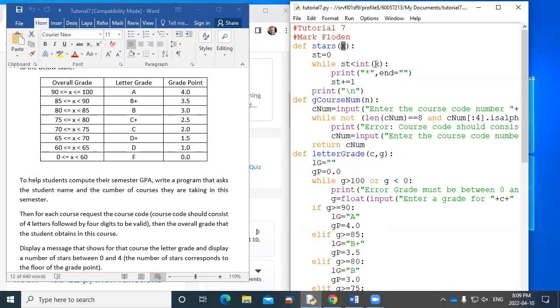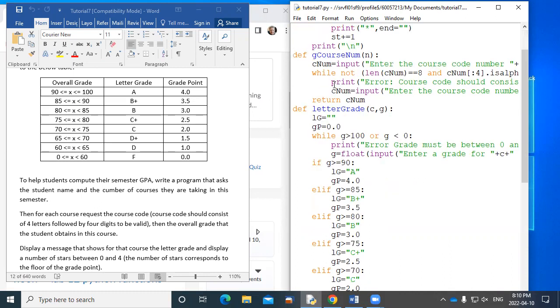We're going to say, okay, you got a grade of 3, so we will print 3 stars. How are we going to print 3 stars? We're just going to do it in a loop. We're going to print a star and then add to our counter. So the ST is a counter. We're going to keep adding to the counter until we get the number that we brought in. So this will print the number of stars according to the grade point. Does that make sense? So we'll get the grade point, and we'll get the number of stars according to the grade point. So that's the first thing that we did.